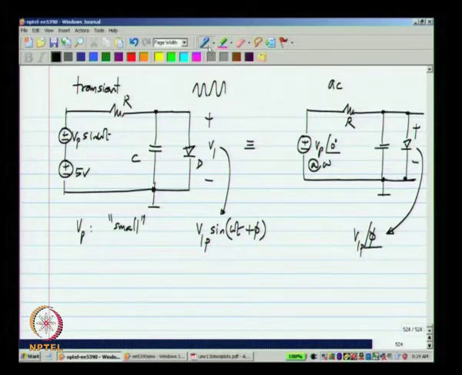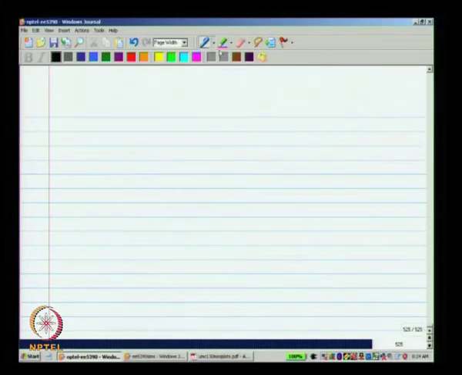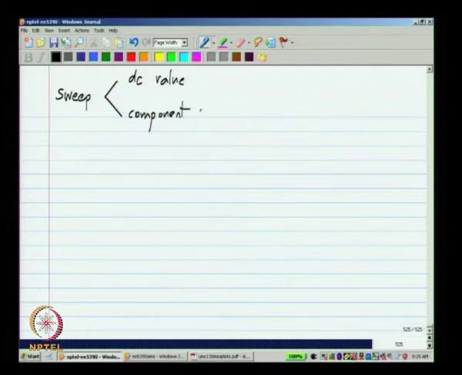Now, in addition to these, the simulator provides many convenient facilities such as sweeping either the DC value or some component parameter, or you can have design variables in the circuit.